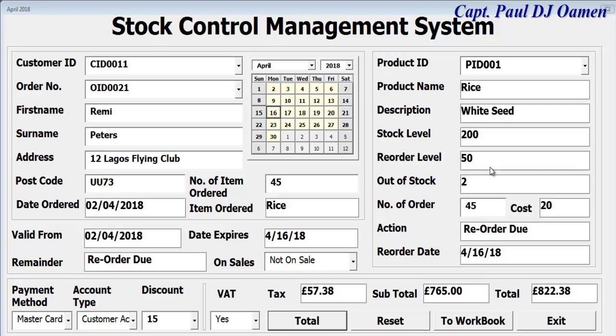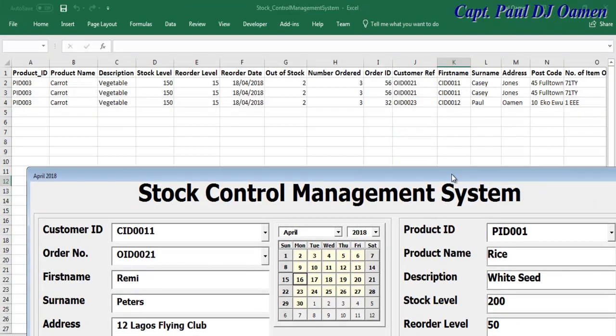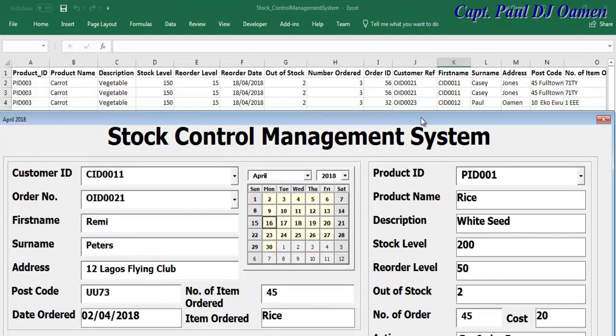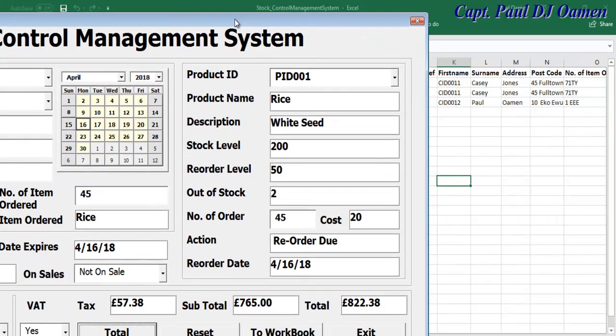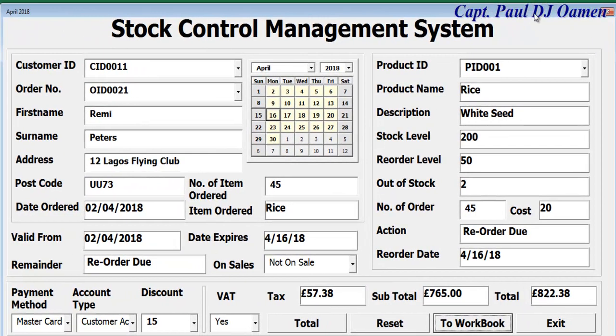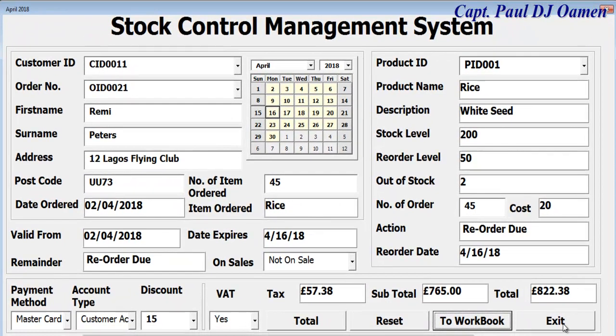You see all of this information here. If I move this down, you can see it's not right here. But let's say we click on to workbook. There we go. You see that, guys. Let's add another one. So let me show you how the whole system works anyway. I'm going to reset,